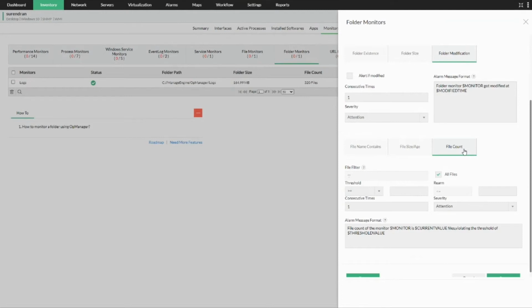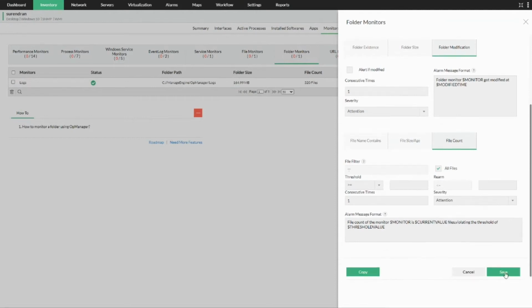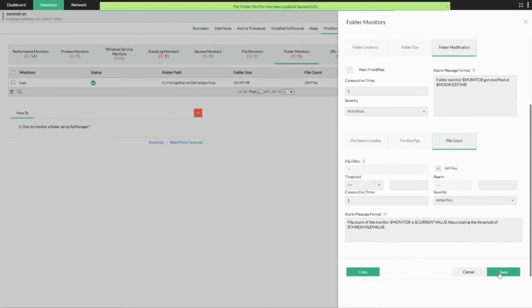So in those cases, I could set a threshold over here and get notified when the file count is more than 100, so that I could assign the respective staff or more resources to that particular task and make the work go much faster and in a much more efficient way, and where it will not cause any business critical application based failures in my environment.